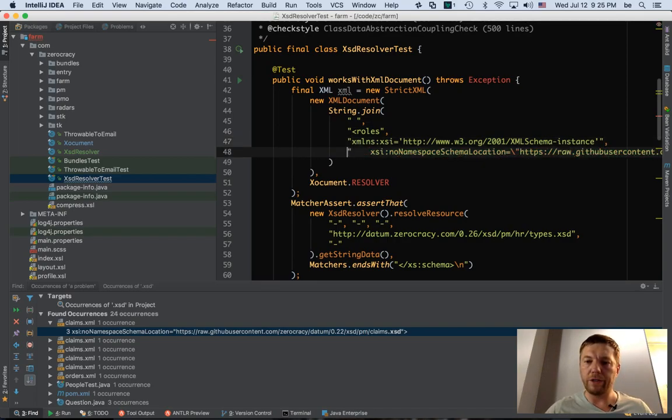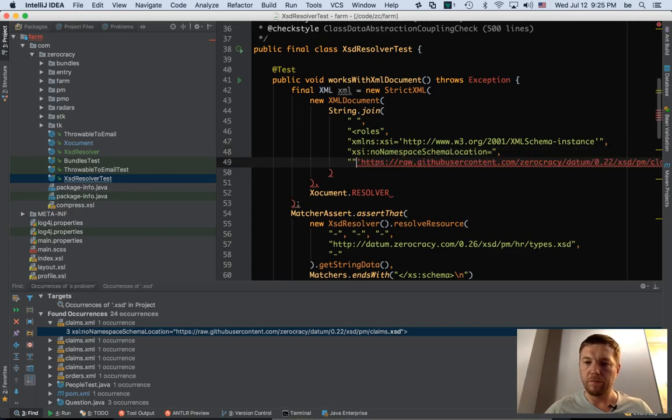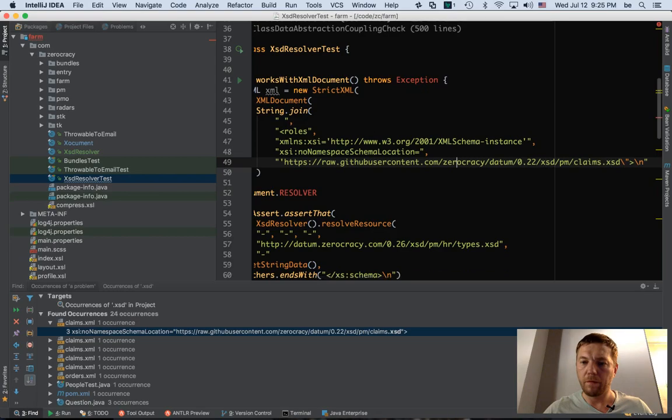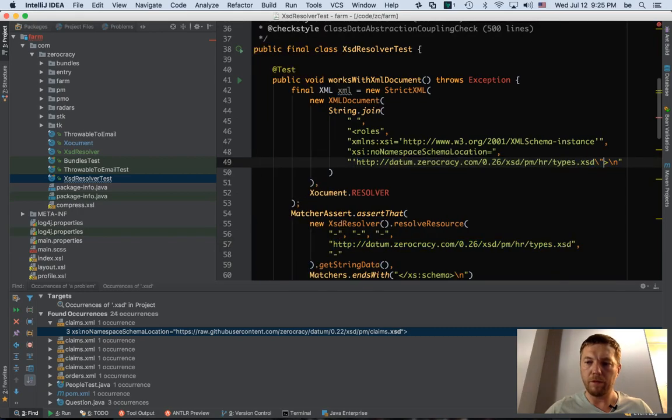Yeah, I don't like string concatenation, that's why I'm always using something. I'm always trying to use this. GitHub, whatever, yeah, we better use this one. Okay, like this, like that, and we close it. Types, okay, let's put roles. PM, HR, roles, let's hope it exists.